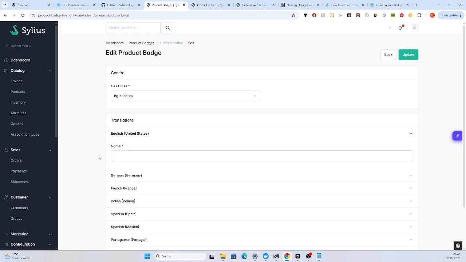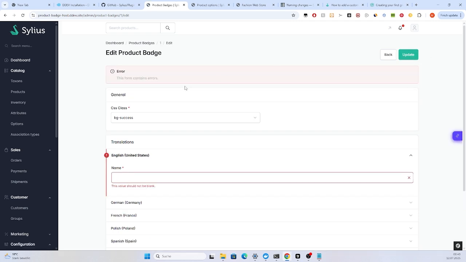In my validation, I've defined that the name should not be empty. So when I do update, as you can see, it says this value should not be blank, and this form contains errors. But guys, what if